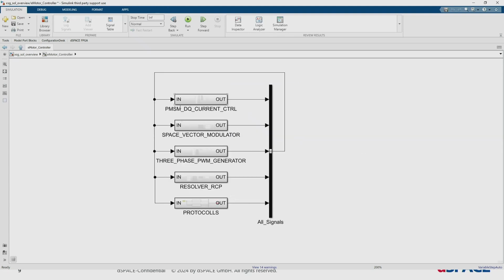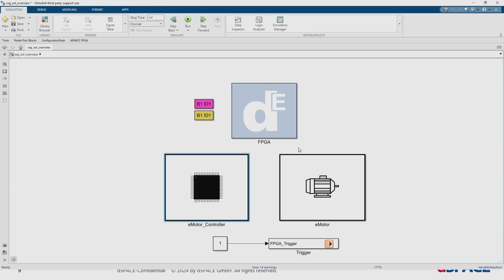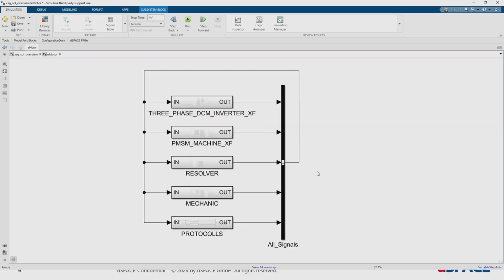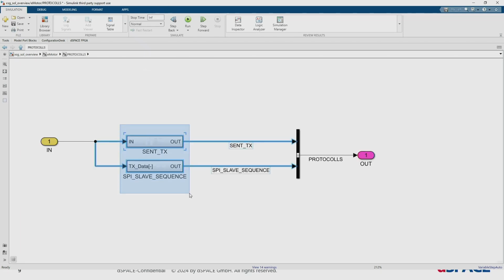On the controller side, we have our PMSM DQ current controller from the XSG AC motor control library, similarly space vector modulation, and from the XSUtils library, we have a 3-phase PWM generator. On the motor side, we have a PMSM implemented from XSG electric components. Additionally, SENT protocol and SPI protocol are also implemented to transfer data such as torque and DC link voltage.